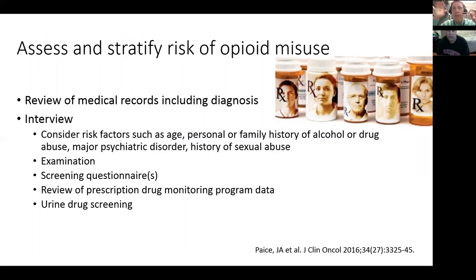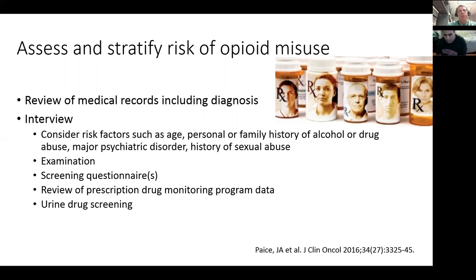Earlier this summer, the American Society of Clinical Oncology published guidelines for the treatment of ongoing pain in cancer survivors, specifically in patients that have no evidence of active disease. I'm just going to briefly review some of what was published in those guidelines. Again, it's pretty much standard from what we would think about in chronic opioid therapy for chronic non-malignant pain.